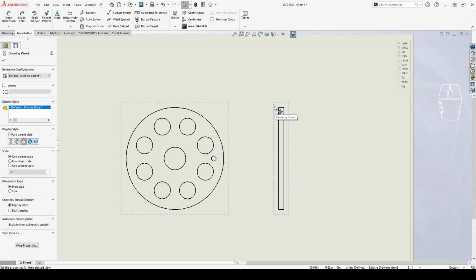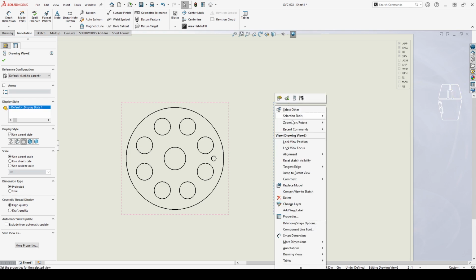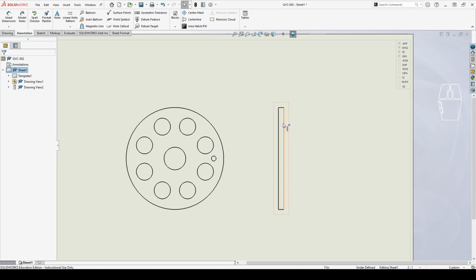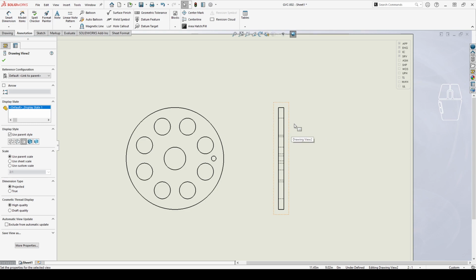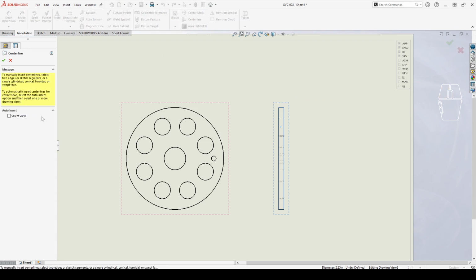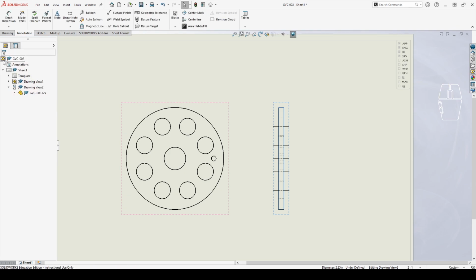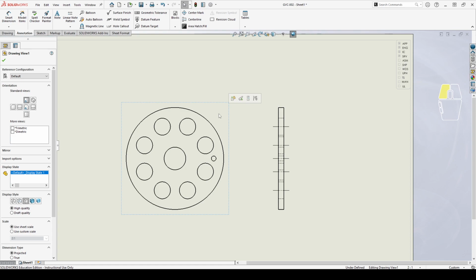So right click on this view and hit hide show. Right click on the part of the view and hit show hide and show hidden edges. And then click on the view again, and we're going to go up to center line and auto insert on selected view. It's going to add a whole bunch of center lines, and just hit check. On this one,